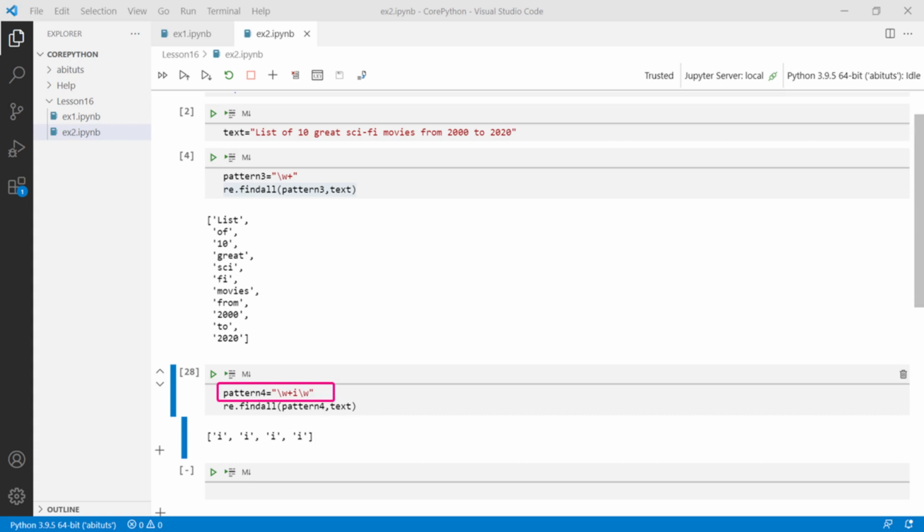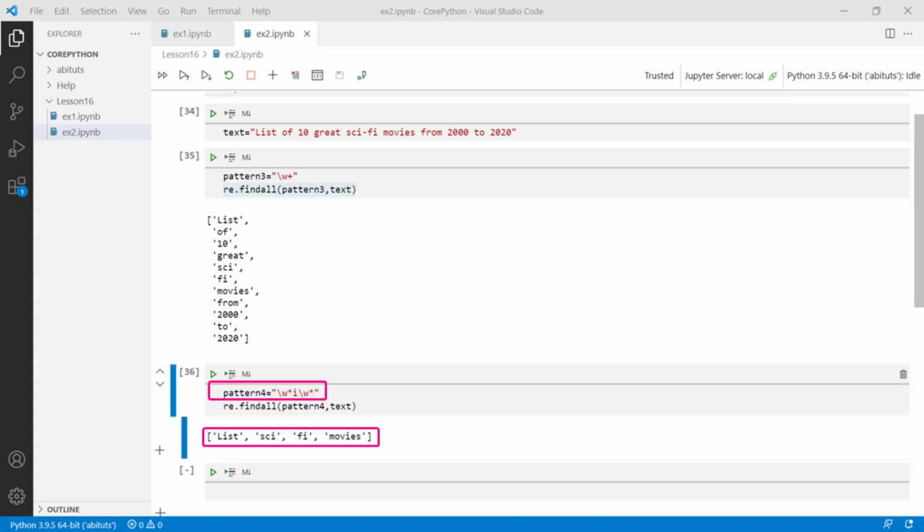Let's now add a \w+ before i and a \w after the i. Run the cell content. This will give you all the words that contain i as given here. As you may have noted here, this does not bring you the words that end with the character i. This is because we have used the plus character which expects one or more of the preceding characters.